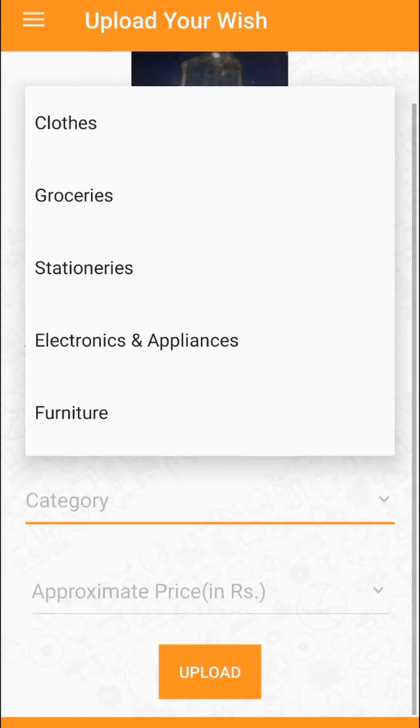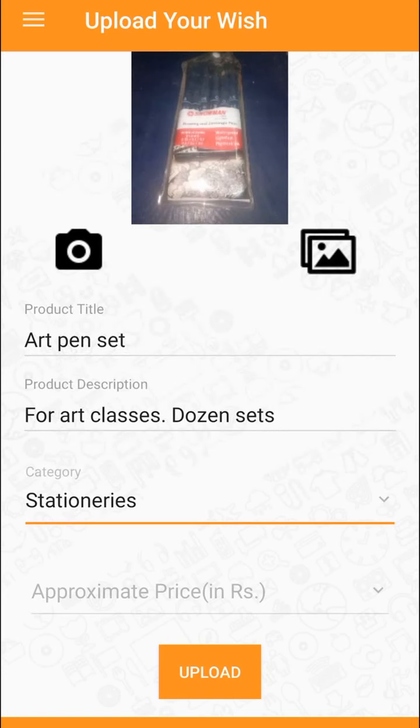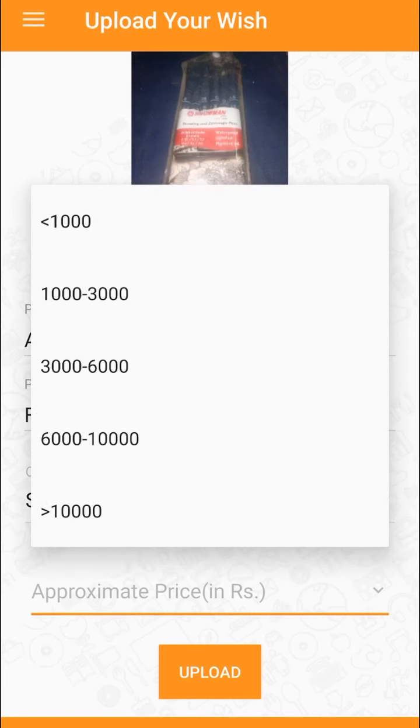It is important to mark the category because the donors can search for the specific category and make a decision to award those needs to you. Also indicate the approximate cost of the need.